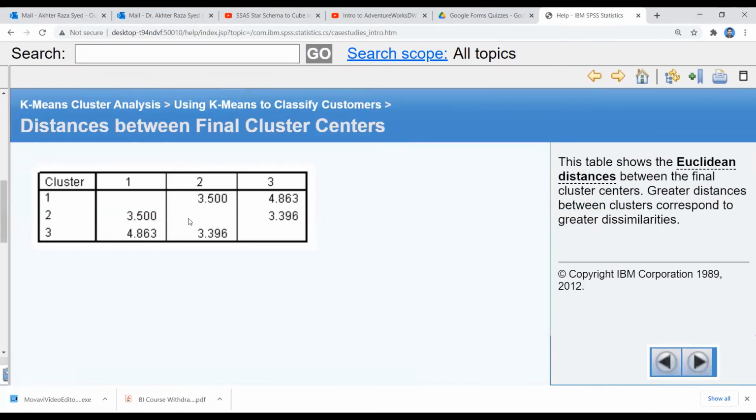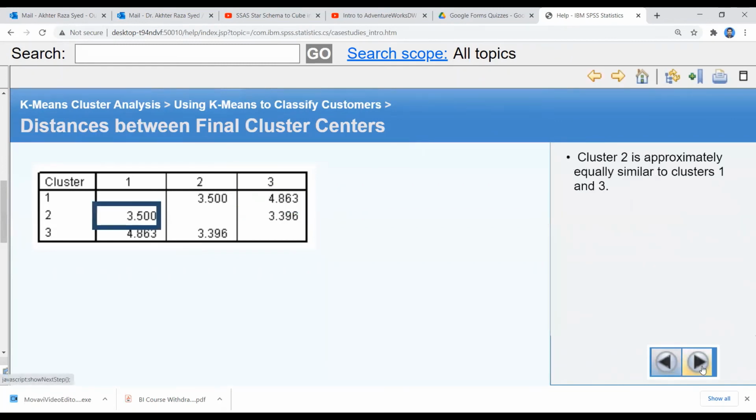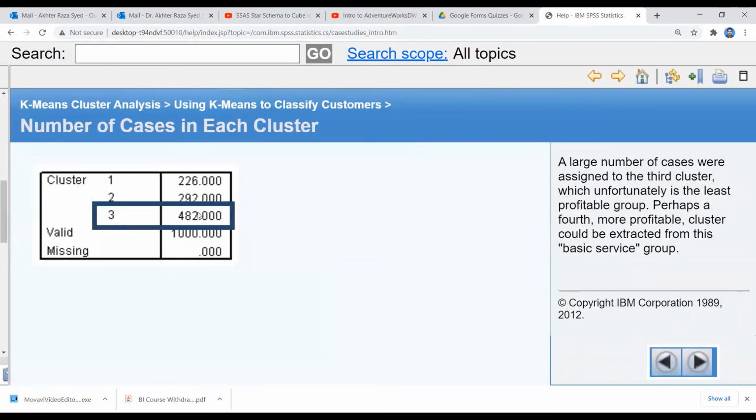The next table indicates that there are 482 customers in cluster number 3, and 292 customers in cluster number 2. So about 50% of the customers are low spenders in this analysis, meaning they are not contributing much to the company's sales or profit.